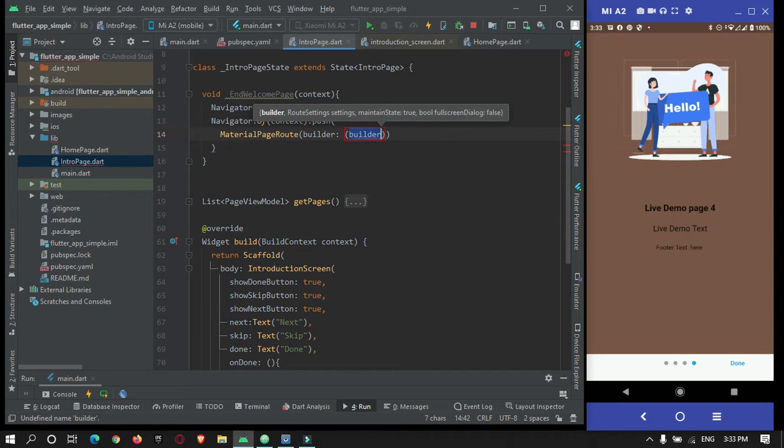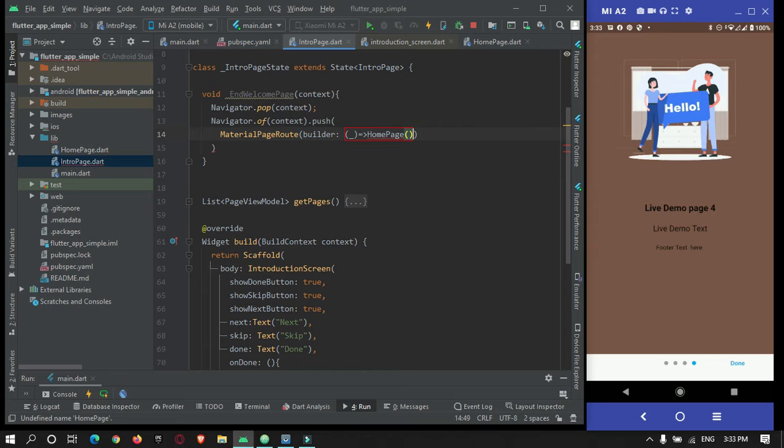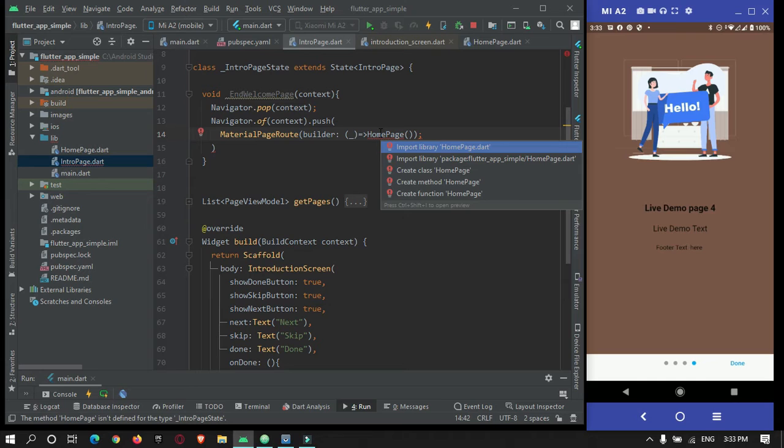So in the builder tag you must navigate the user to the home page. Okay, so just import this.